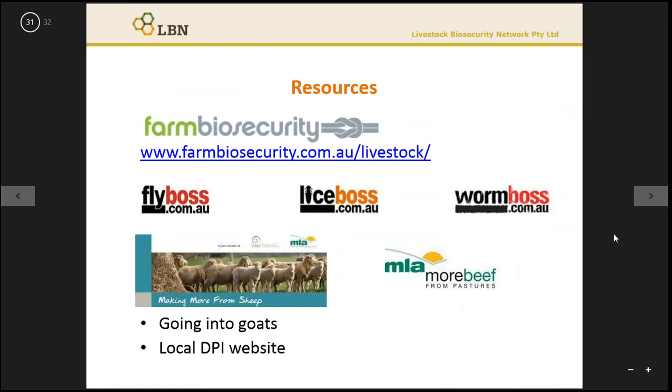There are a few resources here. By no means is this extensive, but the Farm Biosecurity website is a really good repository of really practical information on how you could implement farm biosecurity, or, given that most of you are already doing something, where you can look at supporting the work you're already doing with additional biosecurity measures. The Paraboss websites, FlyBoss, LiceBoss and Wormboss, have really practical and easy to follow advice on those